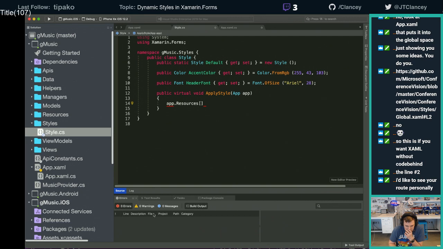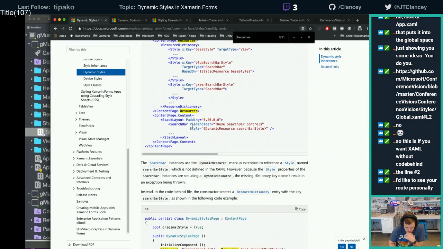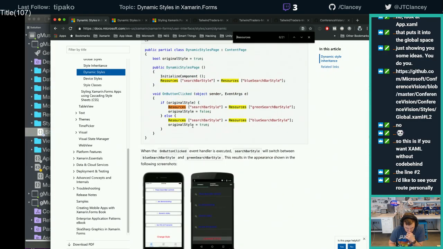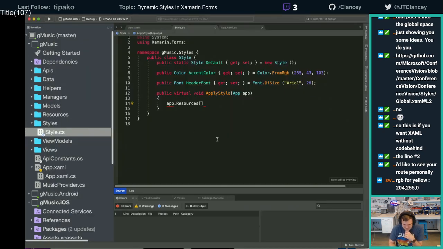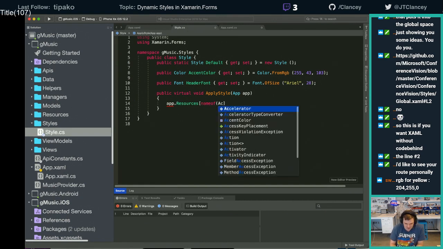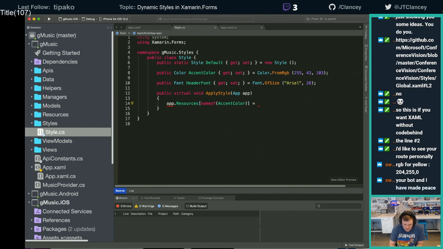Trying to think the way to tie these in. Let's look at the docs and see how to apply. So inside of here, we can see how they do the colors in that. Can I just do a color that way? Just do thanks for the yellow, Sweeky. I may use it. So name of, let's just see if we can just do accent color equals, and then,